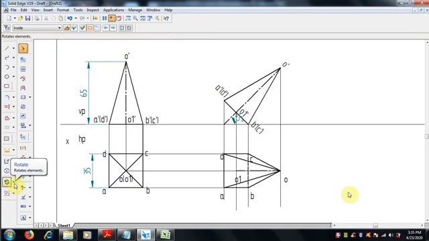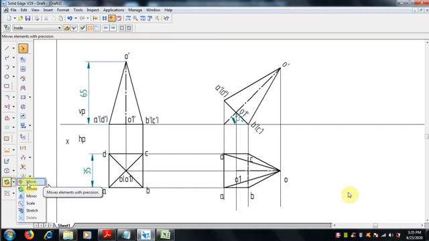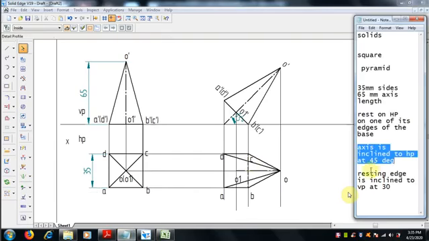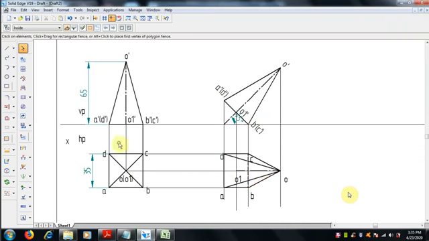Third position, what it says is the resting edge BC. Okay, the resting edge is inclined to VP. Here BC is the resting edge, so the resting edge is inclined to VP.